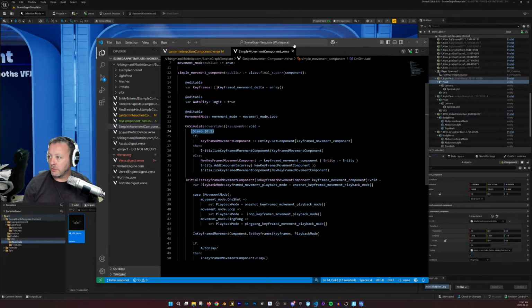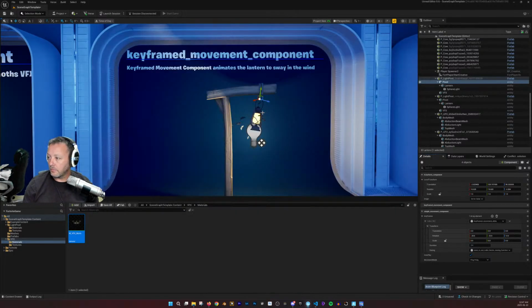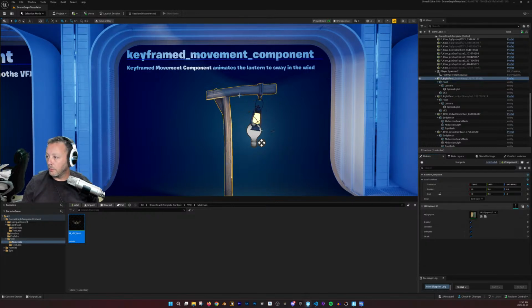Why would we want to do this? We want to do this because everything just becomes all compartmentalized in one thing. So then if we were to take this light post